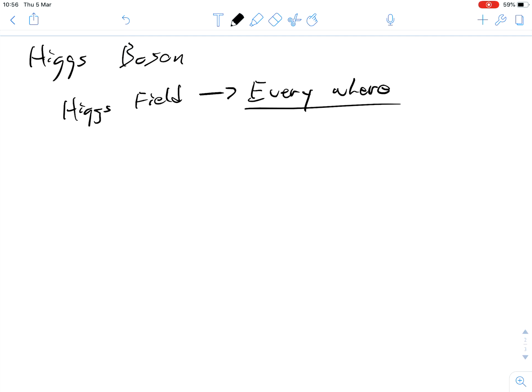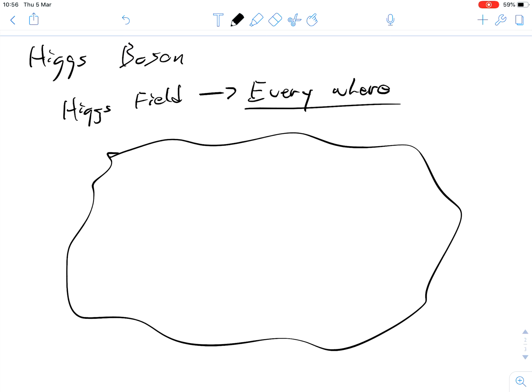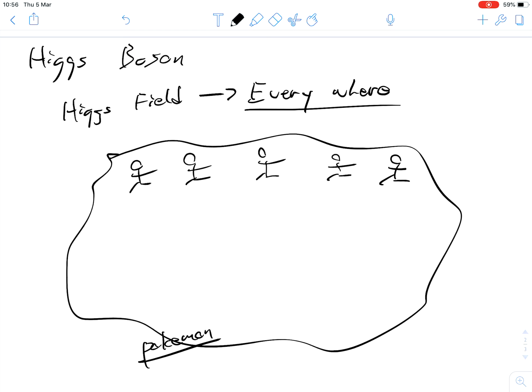So for a moment, though, let's maybe confine this idea to really understand it. So suppose there are a bunch of Pokemon players here. Okay, so Pokemon players love to talk about Pokemon, or they could be a bunch of swimmers talking about swimming. It could be a bunch of physicists talking about physics. Or it could be a bunch of volleyball players talking about volleyball, okay? So imagine we have a room full of Pokemon players.